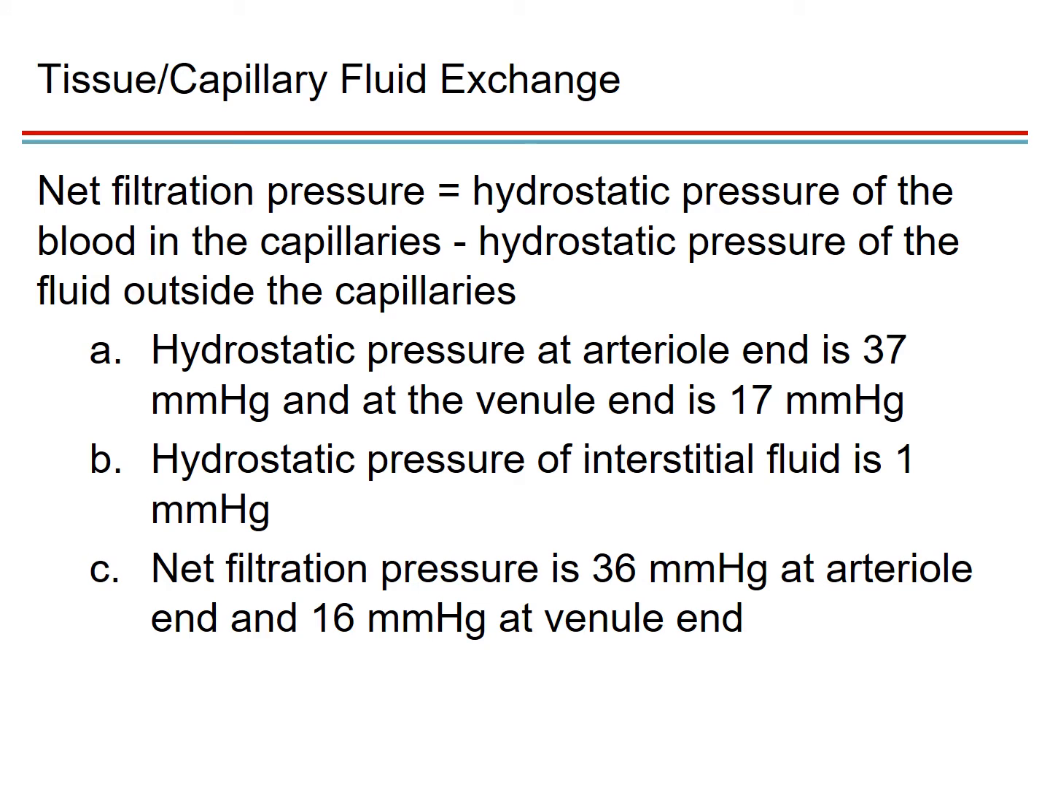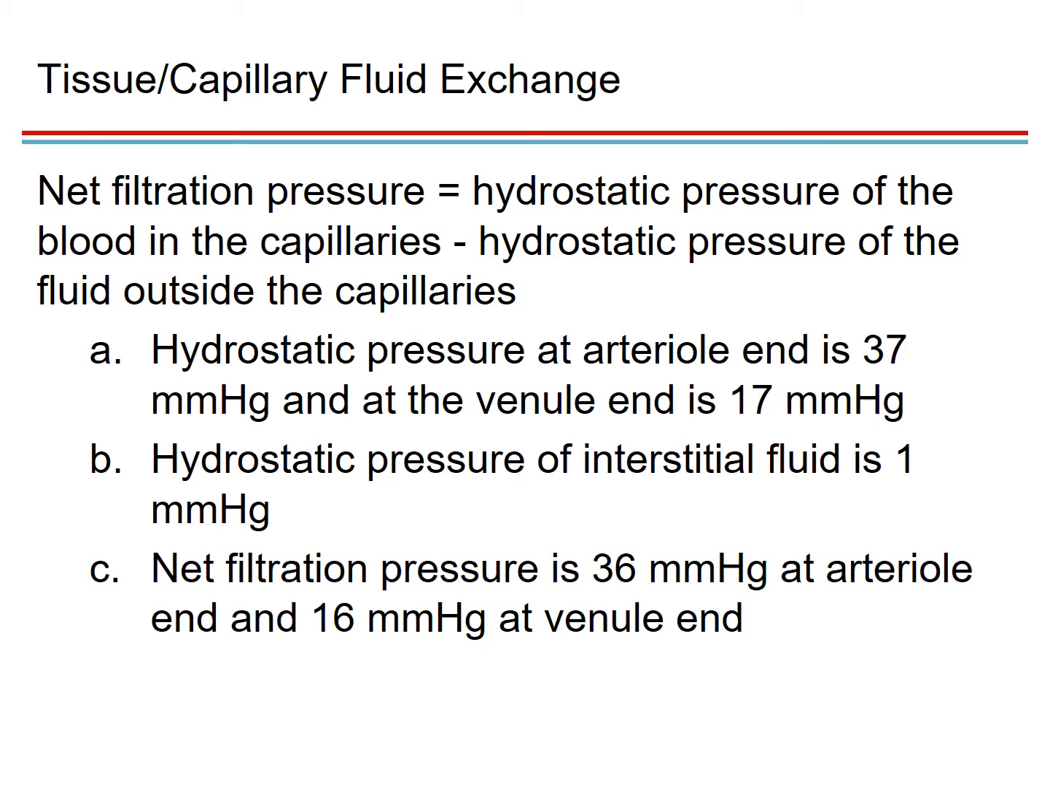So the net filtration pressure is going to be the hydrostatic pressure of the blood in the capillaries minus the hydrostatic pressure of the fluid outside of the capillaries. So our tissue cells receive a continuous supply of glucose and other plasma solutes that are filtered through endothelial channels in the capillary walls. Okay, so filtration results from blood pressure within the capillaries,